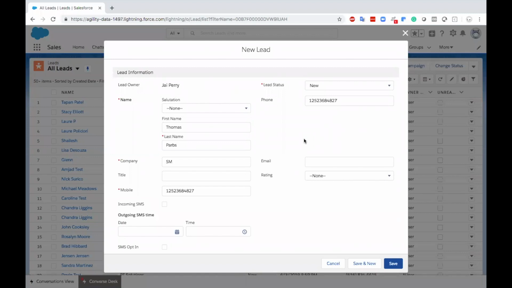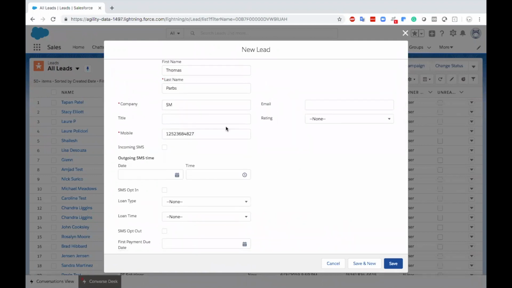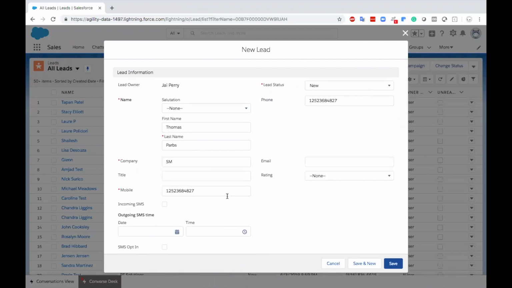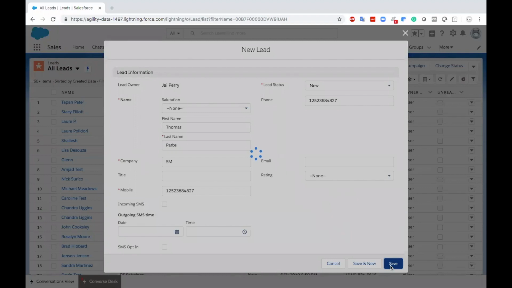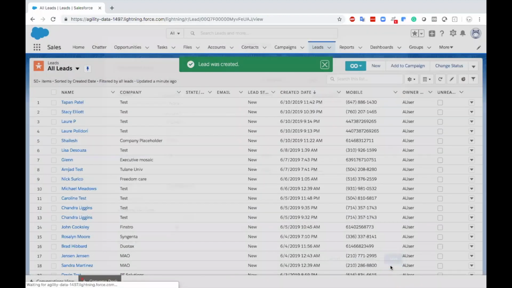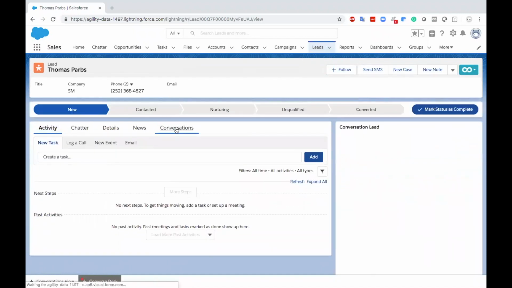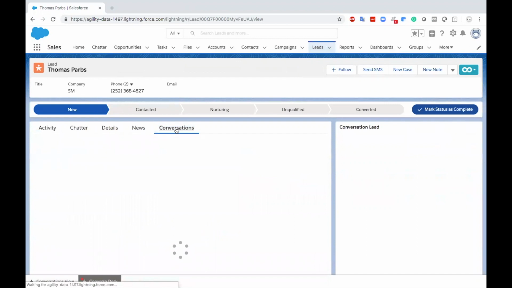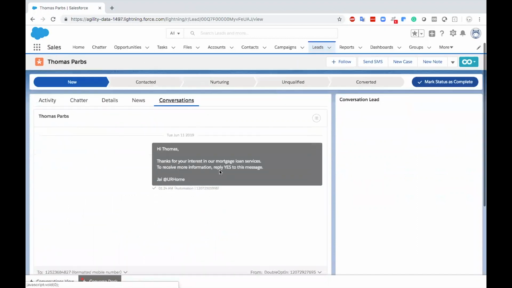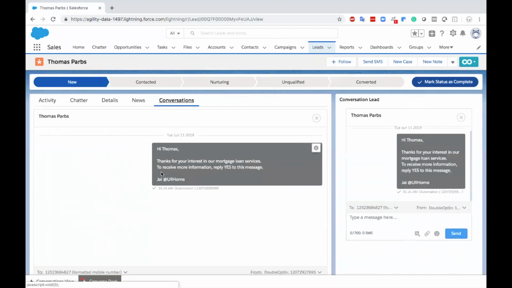Today on the demo, I'll start off with a bit of automation. What I'm going to do right now is create a new record with this particular lead record, wherein as soon as this record gets created in the system, we have an automation set up at the back end, which is going to trigger a text message to the cell phone number which we stored in the mobile handset field. As soon as this text message is sent out, we should be able to see that text message as a part of that particular lead record which has been created for you. You will be able to see the outgoing text message right in here.